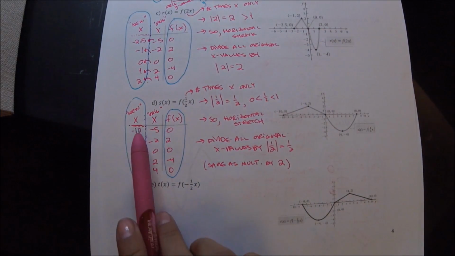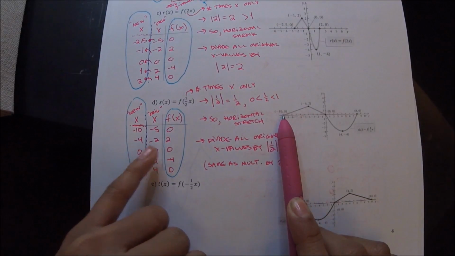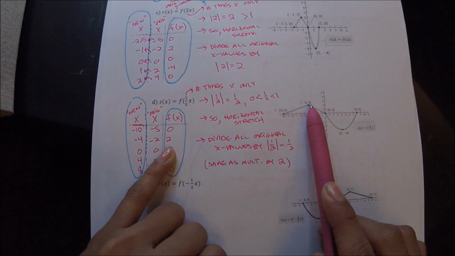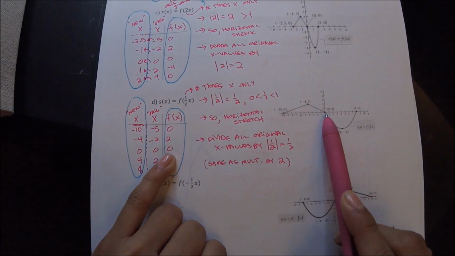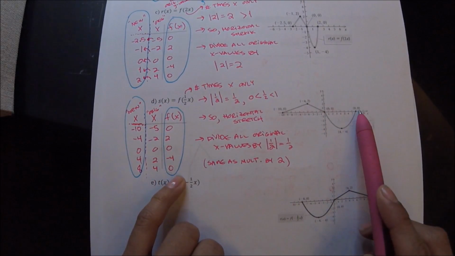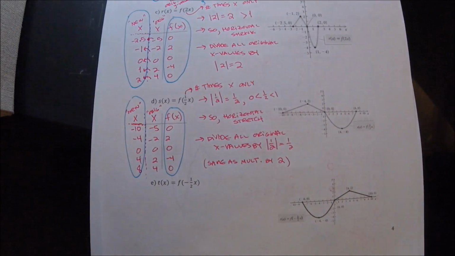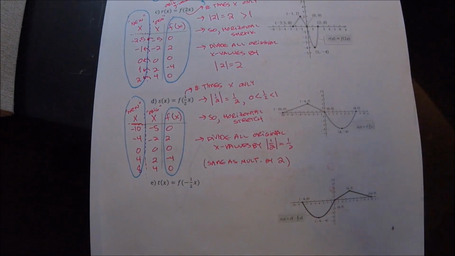And if we plotted these, we have -10, 0, that's here. -4, 2 is right here. 0, 0 is here. 4, -4 is down here. And 8, 0 is here. And you can kind of see this, the graph really did get horizontally stretched out a lot. So that's that one. And then part E,